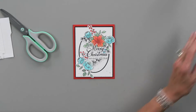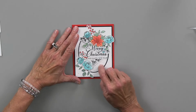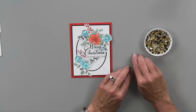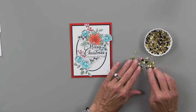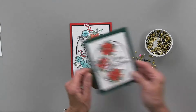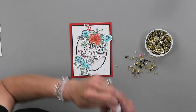Now, oh, I love all the little speckles on there. It's so pretty. Now I'm going to add a few little gold metallic pearls because I feel like the red with the gold is going to be really pretty. Although the silver looks nice too. I did silver with this one. But I'm going to do some gold on this one. So let me get my